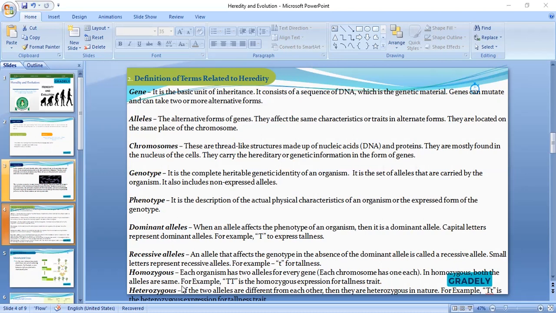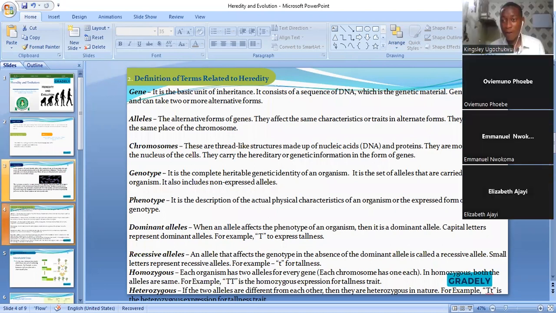Now, when we're talking about homozygous, from my slide here, I said that each organism has two alleles for every gene. Now, remember that recessive is weak. When you hear about recessive, you understand that we're talking about what? Weakness. So we can say small t, because there is no way we can have only small t as a recessive character. Each particular allele occurs in twos. So we can say small t as a recessive, and then as dominant, we say capital T.